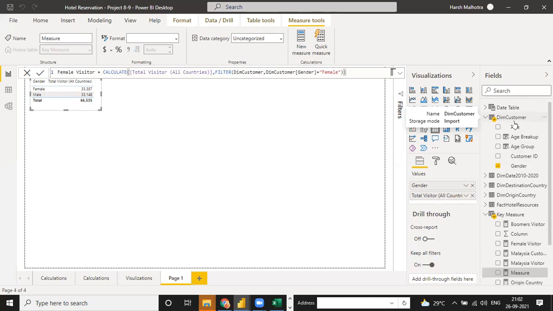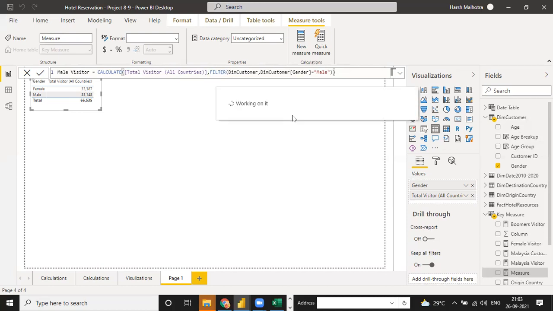So that is the reason we can use filter only on the dim customer, because in the fact table the filter function cannot be used with distinct values; you can use a distinct count. See, for female you have a number of 66,000, but for the female table you have used distinct count. What I understand is that from the table, you're just filtering out the female gender alone on the dim customer table. Am I right? Yeah, you are right. Absolutely, this is the right thing.